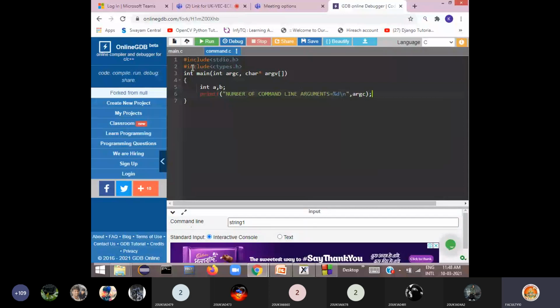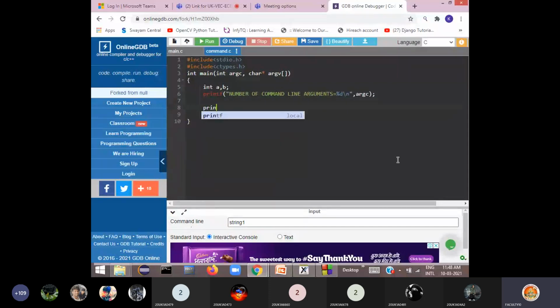If you print it, it shows how many command line arguments you have passed. Then return 0. I'll also show first where they are stored.